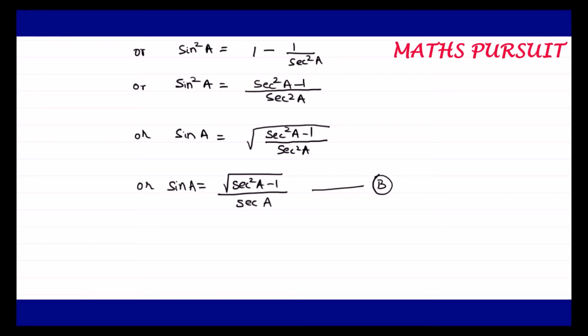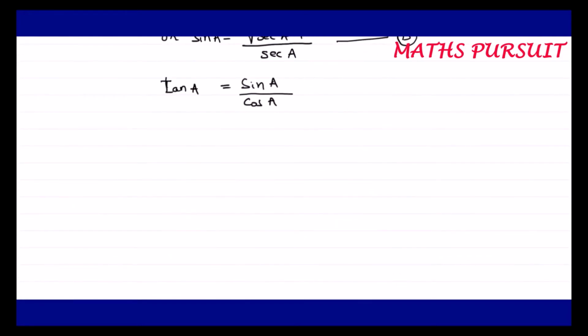So now we are left with tan A, cot A, and cosec A. Now guys, let's see about tan A. Tan A is equal to sine A by cos A. This is also something we very well know. Guys, if you do not know, please try to remember. These are important concepts that we need to remember at all times. So tan A is equal to sine A upon cos A.